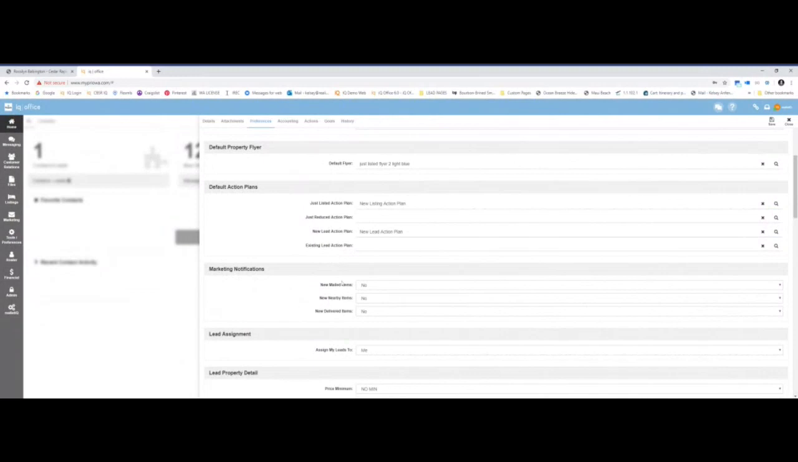So marketing notifications, when you order postcards through the system, you actually can choose how you want to be notified. Do you want to be notified of newly mailed, of items that are close to being delivered and newly delivered? If you would like to assign your leads to someone else, so say I'm out of town and I want to assign my leads to Katie, I could actually say, hey, I want to assign these leads to Katie. And now any lead that came in,